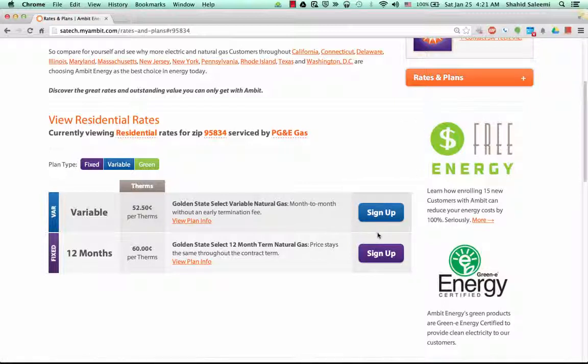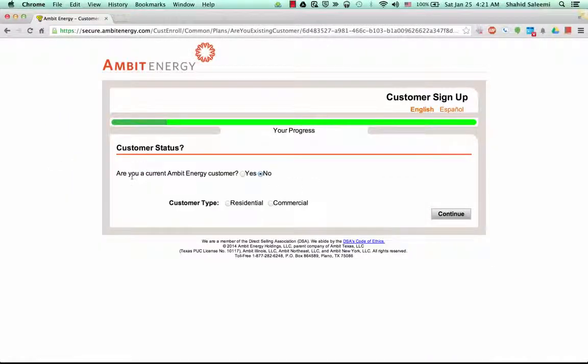Here you will see the sign up button. You want to click on the sign up button to enroll the customer. Let's do that, and this will open up another page. On this page